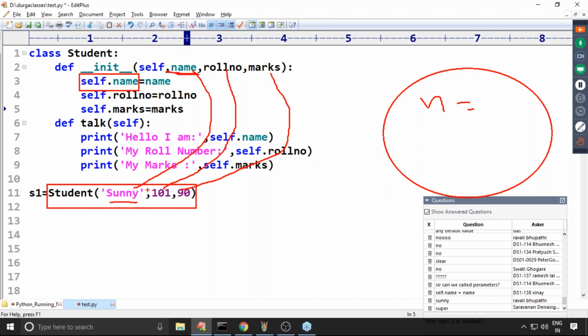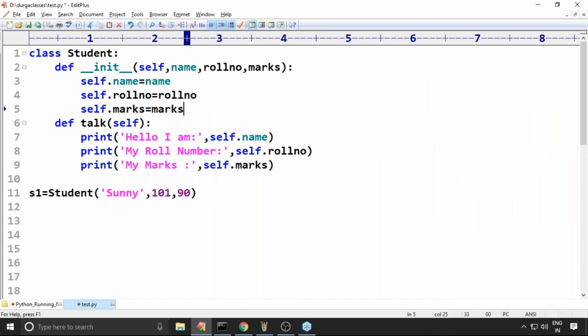What is the value of name you provided? Sunny. Next, self.roll_number is whatever roll number, 101. And marks is 90, like this.